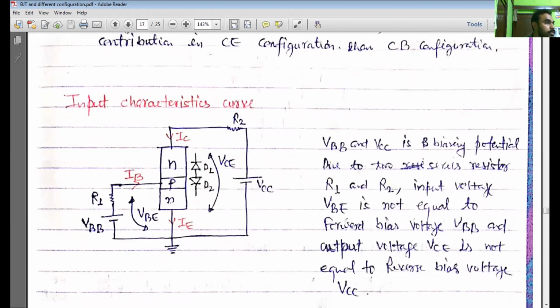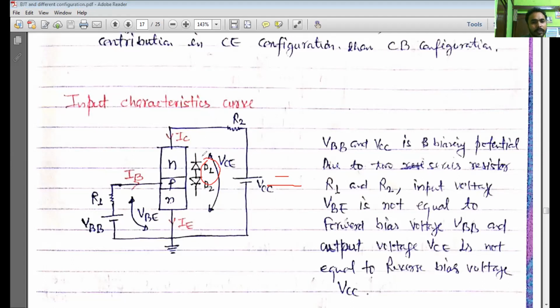Okay, so if I make a diagram here, this has been changed. This becomes this and this becomes that. Your base has become the higher voltage and your collector becomes the lower voltage. Now see that N is attached to the lower voltage and P is attached to the higher voltage. It means D1 becomes forward biased.